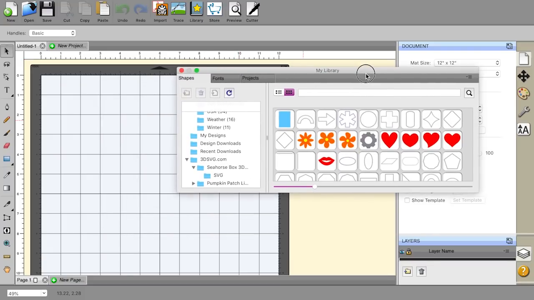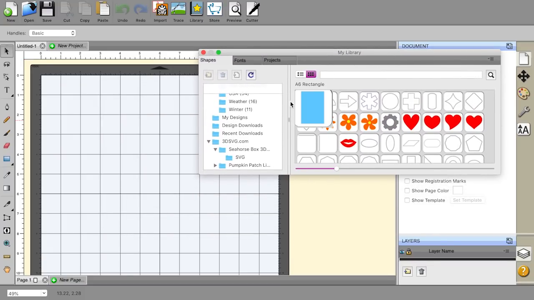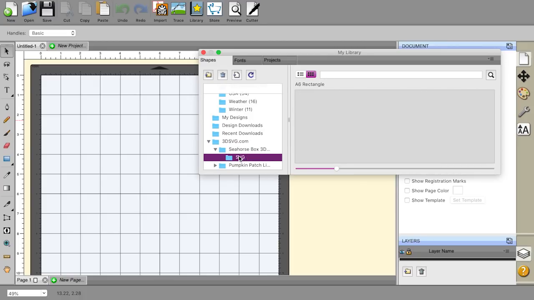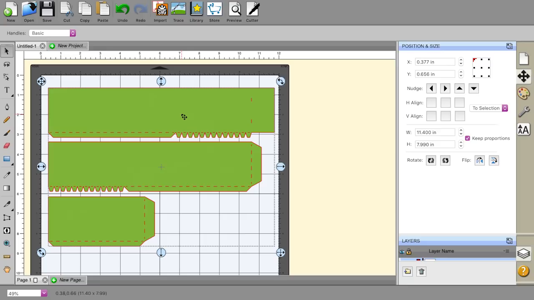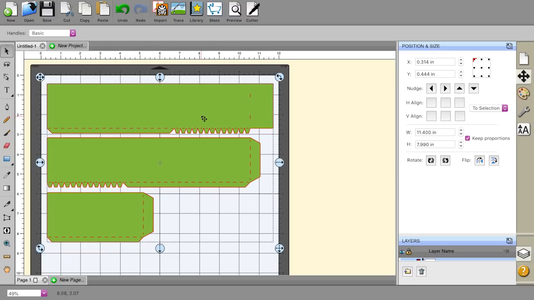So let me show you, for example, here in Shortcuts a lot. Again, this is a third-party program. Now, whether you're a Cricut user or a Brother Scan and Cut user, let me open up a file that contains many layers with score marks. Okay, now even with Design Space for the Cricut, this is going to be difficult to isolate one of these pieces because of the score lines. I can show you how it's done, but let me show you how easy it is to do this in